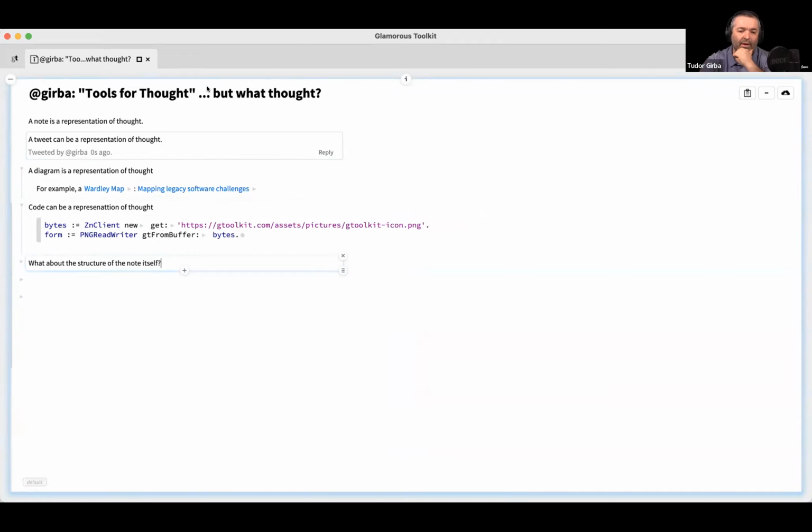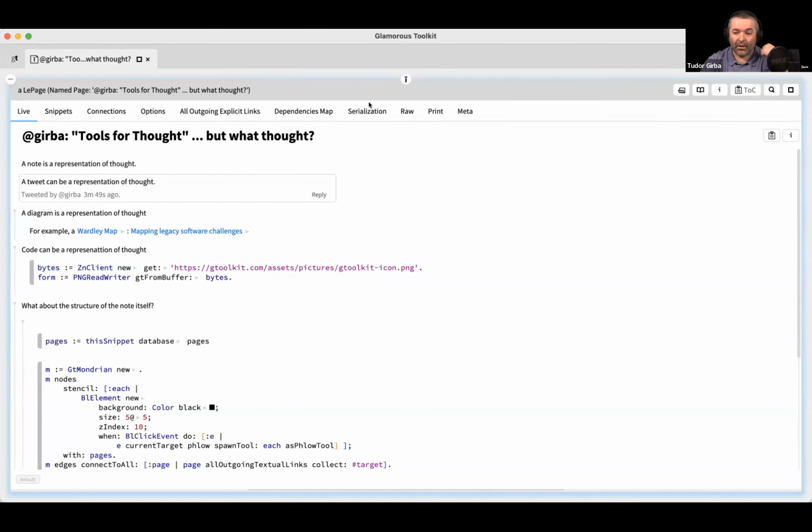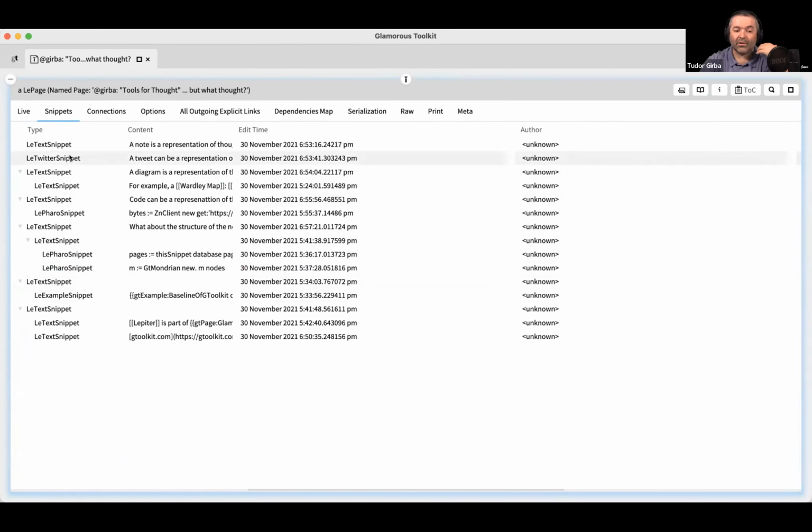And notice how I can have these interfaces that I'm typically used to. I have an editor, maybe an editor that can handle different languages, but also maybe I can go behind the scenes. And now I'm looking at the object that represents this page. And then from here, this is, for example, the structure. These are all the snippets that are available in this page.